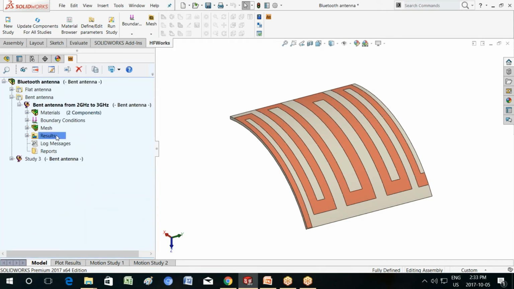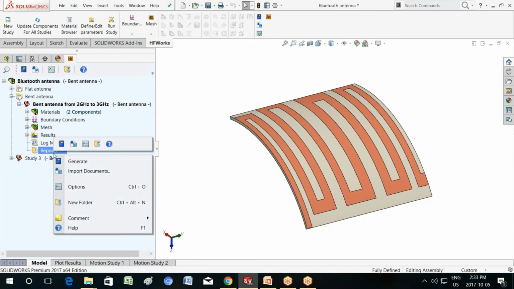So this is what we wanted to illustrate in terms of how we use SOLIDWORKS and HFWorks for the design of antennas. This is intended to give you a short flavor of what the software does. Before closing, I want to show you one additional piece of productivity that the product offers, which is the